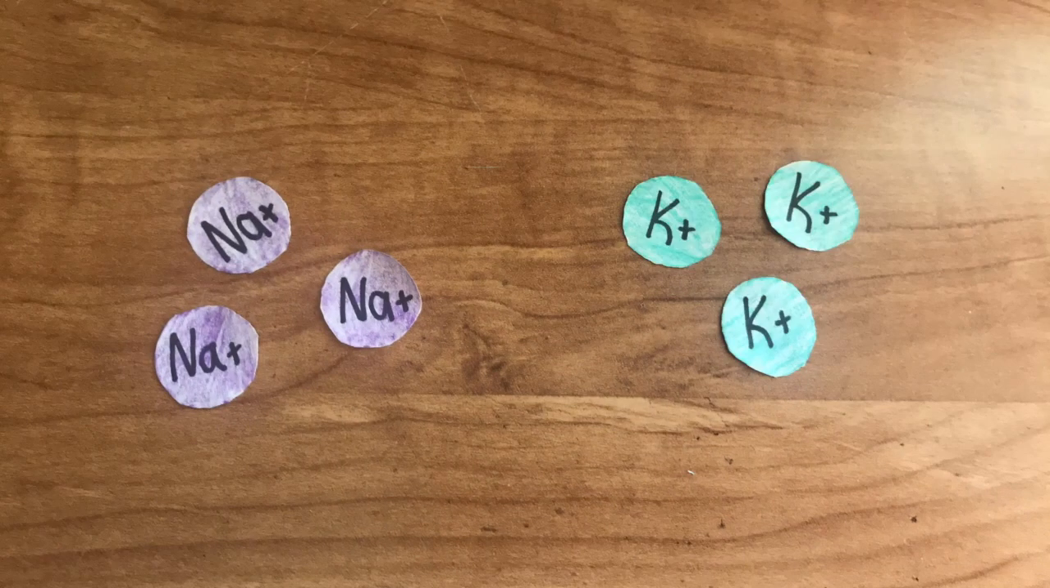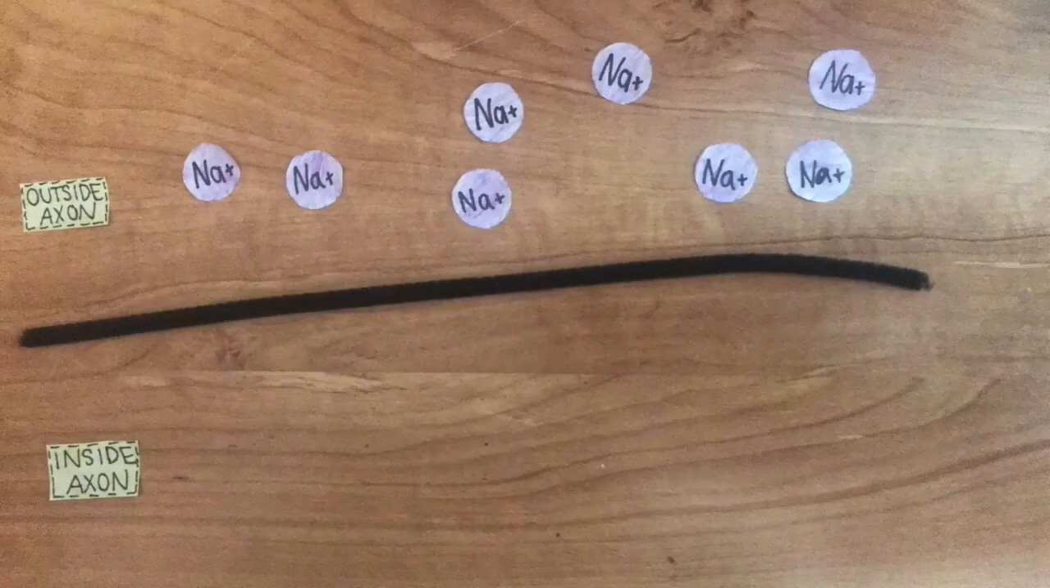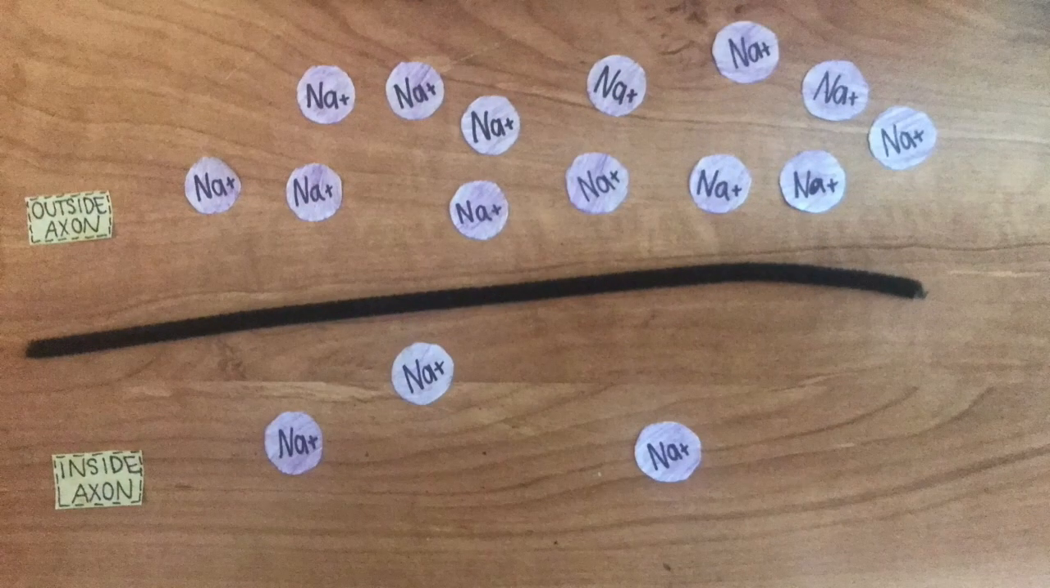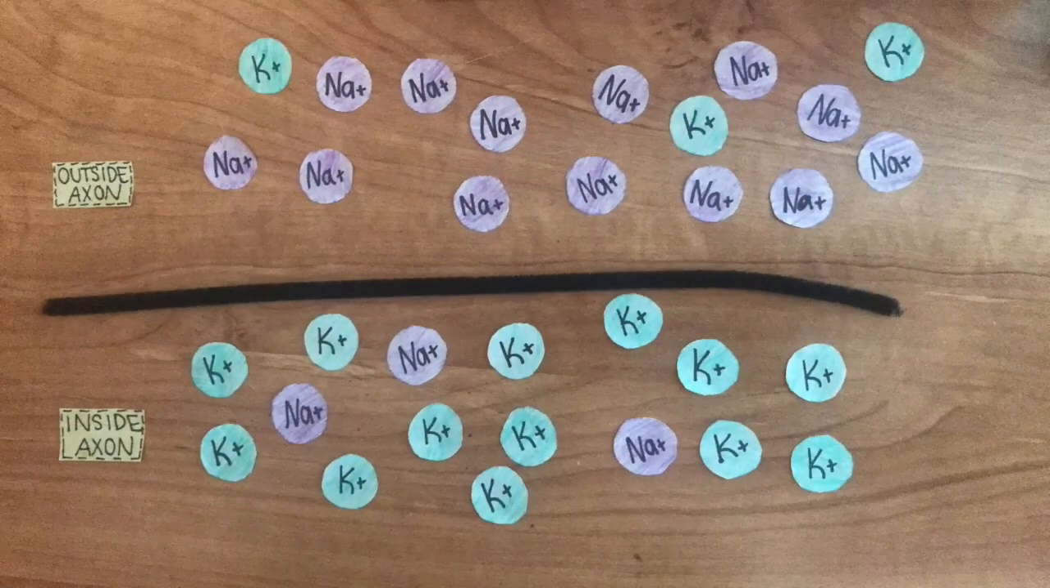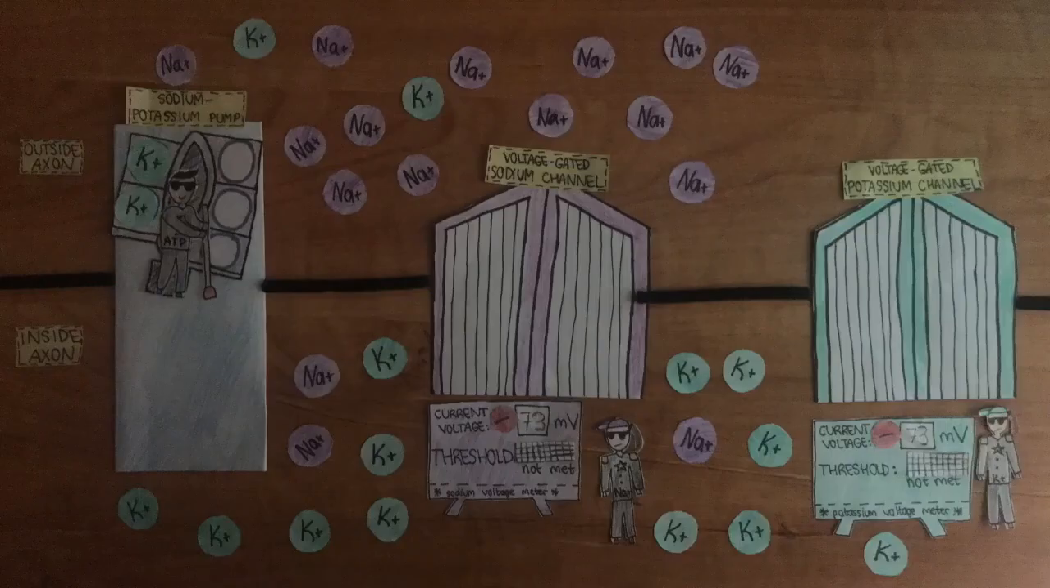The two main ions around the axon are sodium and potassium, which both have a positive charge. Most of the sodium ions rest outside the neuron, and most of the potassium ions rest inside of the neuron. These positive ions are able to create a negative charge because the ions move in and out of the neuron